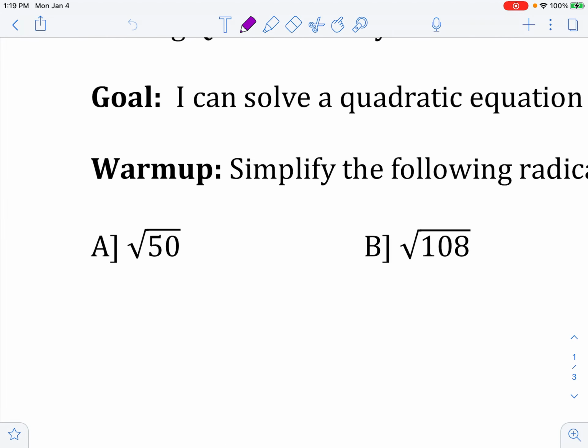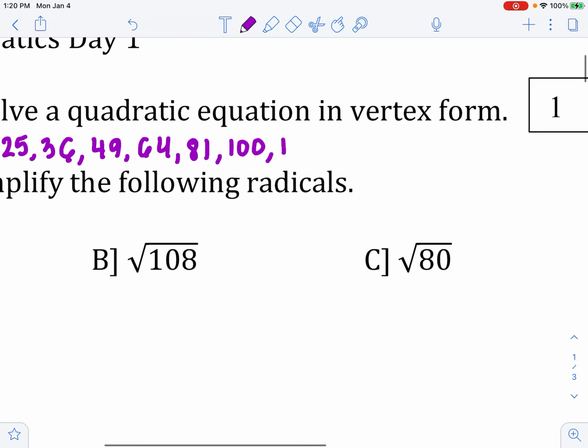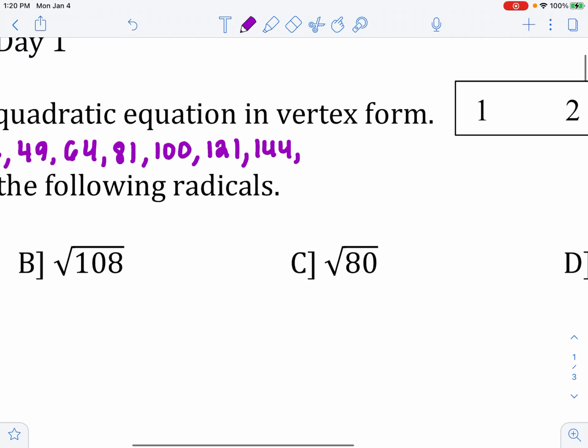So first off, you have to know your perfect squares. So let's start with 1 squared. 1 squared is 1, but I skip it and never write it down because 1 goes into every number. Let's go to next. 2 squared is 4, so you're going to write down your perfect squares. 3 squared is 9, 4 squared is 16, 5 squared is 25, 6 squared, 36, 7 squared is 49, 8 squared is 64, 9 squared is 81, 10 squared is 100, 11 squared is 121, 12 squared is 144, 13